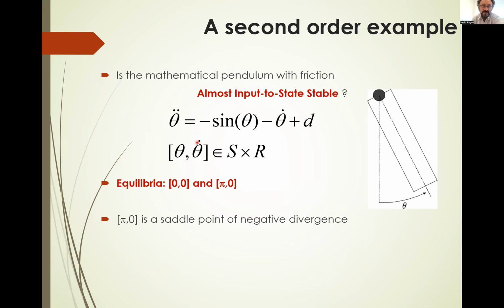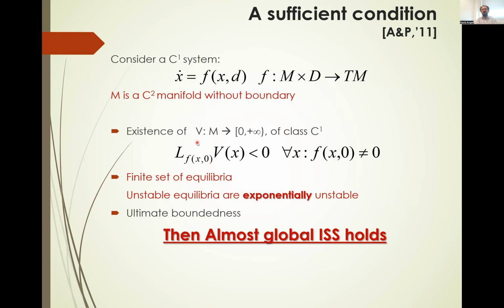The idea of the result is that we need to know that all equilibria are hyperbolic, and then we need to know that outside of equilibria we've got a strict Lyapunov function and some kind of ultimate boundedness hold. So we have a criterion then, which is stated here as a sufficient condition for almost global ISS,